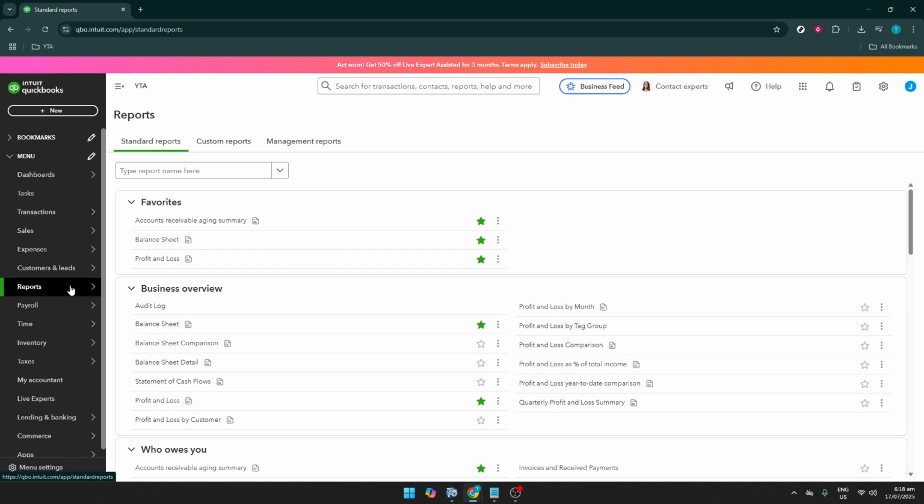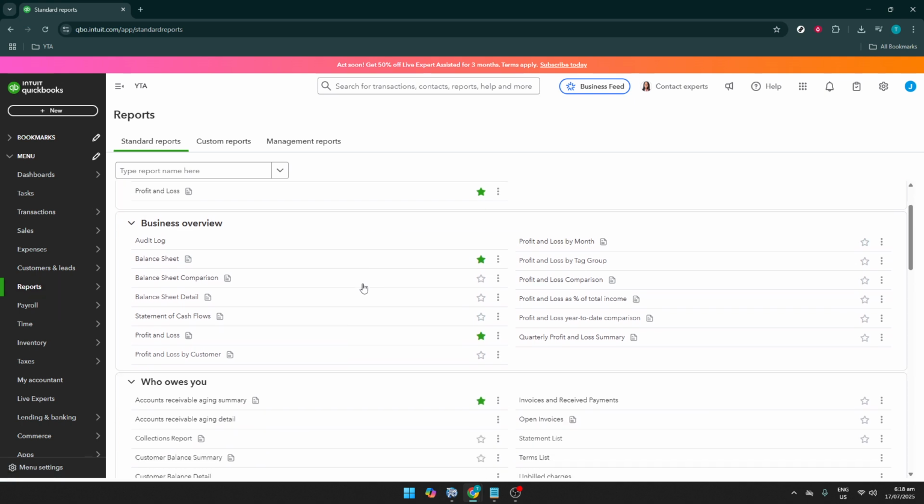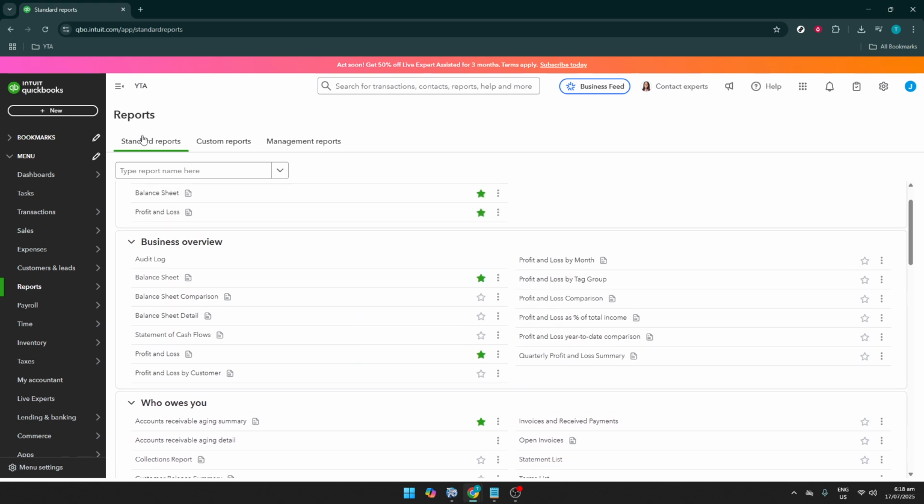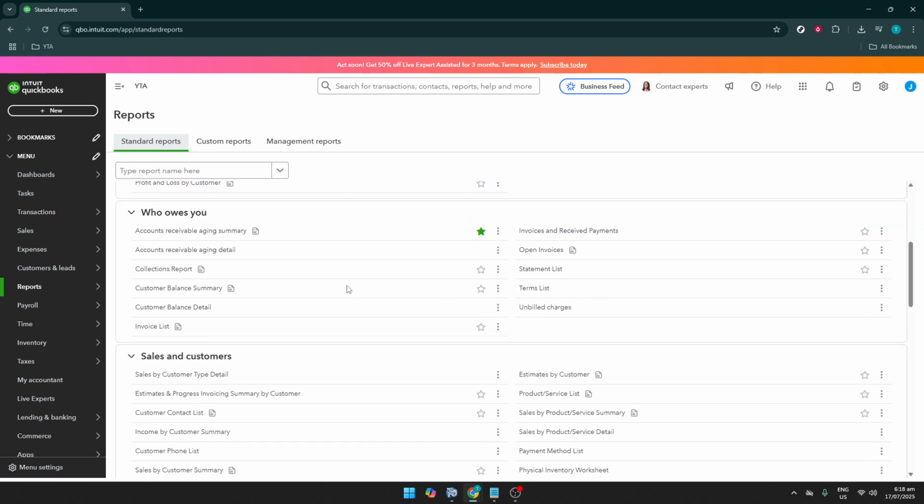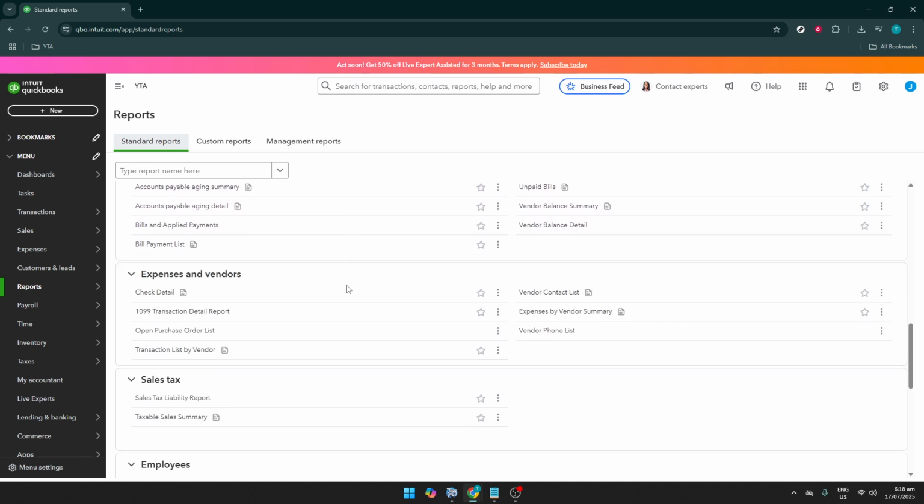Now, with the Reports section open, what you're going to want to do next is locate Standard Reports. This setting offers a variety of essential reports that aid in reviewing various aspects of your business performance, financial health, and transactions over time. Click on Standard Reports, which will take you to a comprehensive list tailored for meeting different